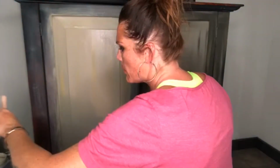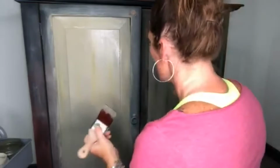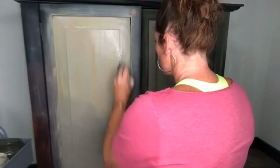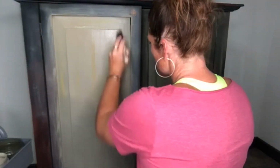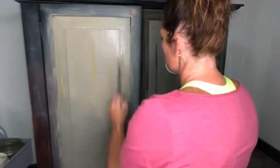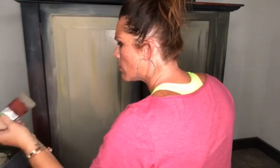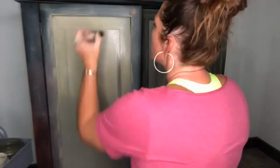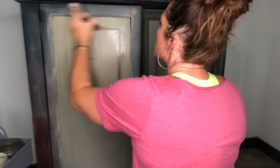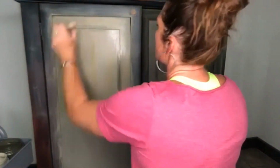Now I'm going to come in with the collard greens, and I'm going to do the exact same thing. I have very little on my brush. Hey there, Deborah. And I'm just going to come in. This is going to be a little bit more noticeable, but this is where the depth is going to start coming in and showing. And this is why I do boho, because boho is not perfect. And if you mess up,